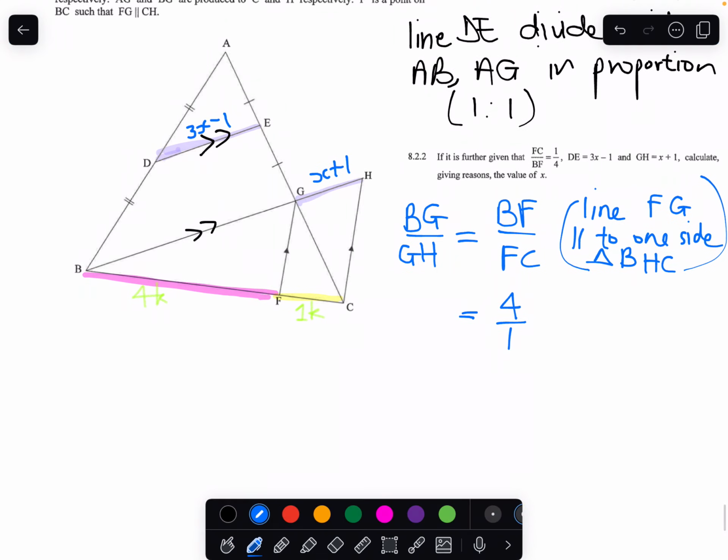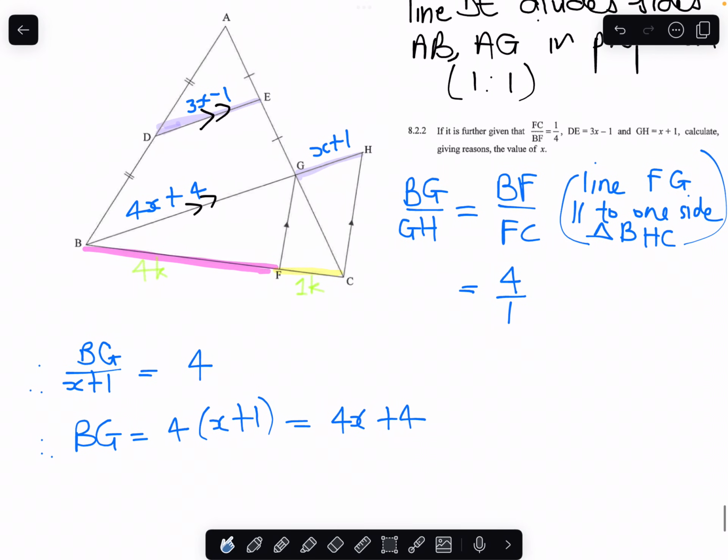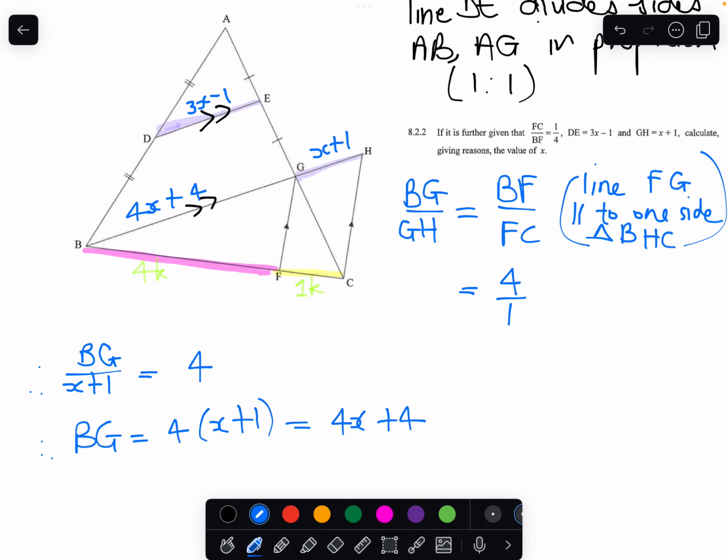And so therefore BG over x plus 1 will be equal to 4, right? Which means BG is 4 times that, which is 4x plus 4. So we now have one expression for BG, which is 4x plus 4, right? But now we also know that